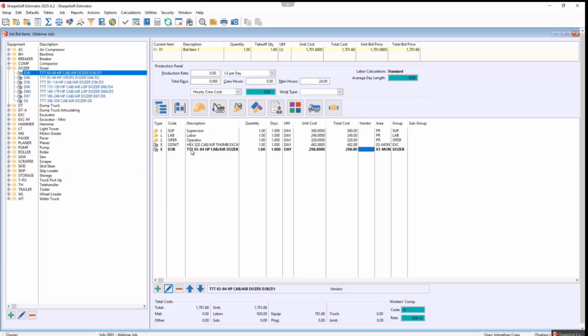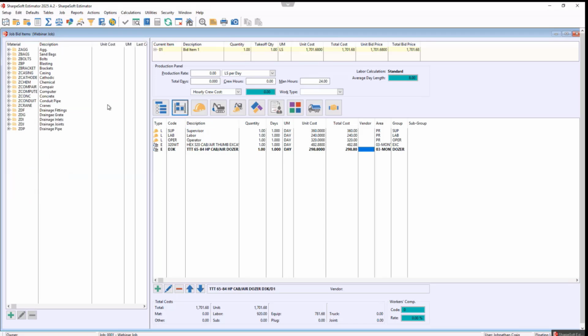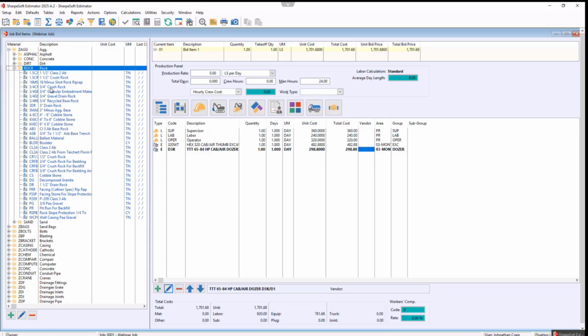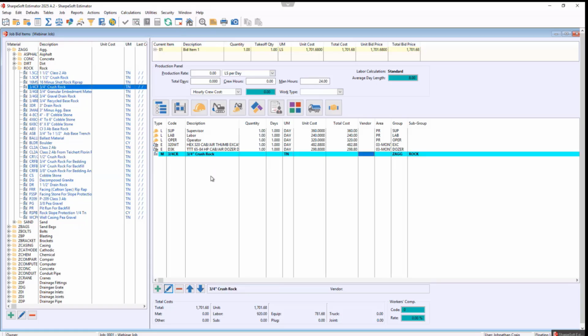And then lastly, what we're going to be changing is going to be some material. So we have our labor, we have our equipment, and now we're going to apply some material to this bid item, and whatever that may be. So we can go to aggregate, maybe we can go to rock, and maybe do like a 3/4 inch crush rock here. So I don't have any cost in here yet, but what we can do is actually change it on the fly. So if I know that I'm going to need 500 tons of this 3/4 inch crush rock,